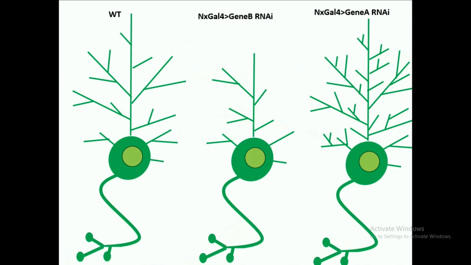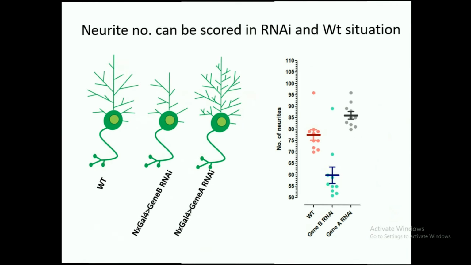Let's say a hypothetical result is like this. While knocking down a few genes, we have increased arborization. In contrast, knocking down some genes gives us decreased arborization, suggesting this kind of gene B could be a positive regulator. That's why when we knock it down, we have less arborization. Whereas gene A here could be a negative regulator, and that is why when we knock down the negative regulator, we get more arborization. And we can code these kind of